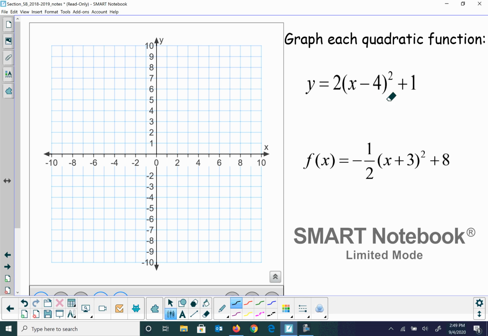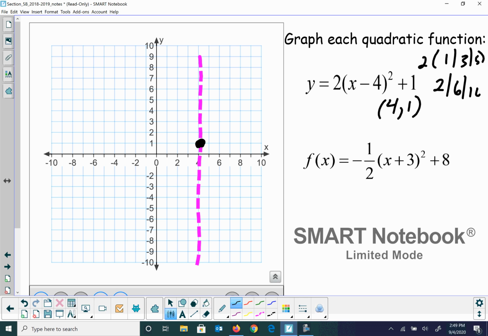This one I'm going to have a vertex of 4, comma 1. So it moves right 4 and up 1. Okay, remember my axis of symmetry is going to go right through that. My pattern graph isn't going to be 1, 3, 5. It's going to be 2 times 1, 3, 5. So 2, 6, 10. So from my vertex, I'm going to go right 1, up 2, left 1, up 2,